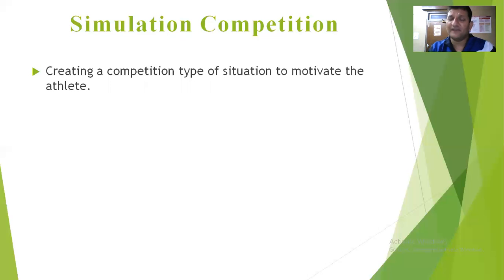What will happen if a person has already been to the Olympics? He must be performing at a very good level, and another athlete tries to excel him. Then that reputed athlete will see that he is being challenged and will try to perform better. In turn, the performance of both the reputed athlete and the new athlete will enhance further. That is what happens in a simulated competitive situation.